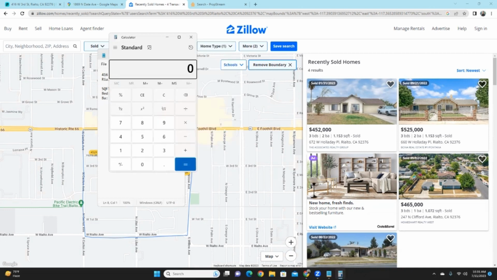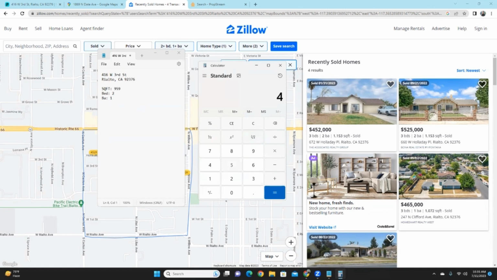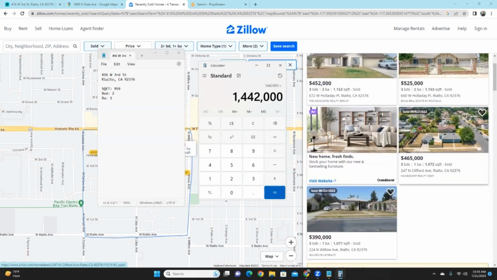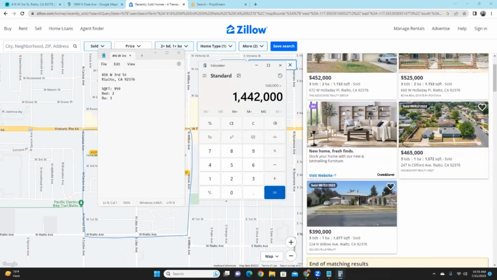Oh, you're good. So we take 452,000 plus 525,000 plus 465,000. And you see where I'm getting these numbers from, right? These numbers are from the prices that these houses were sold for. This one right here, and then 390 is the last one, plus 390 equals, divided by 4 to get the average. 458. So then we have an average of